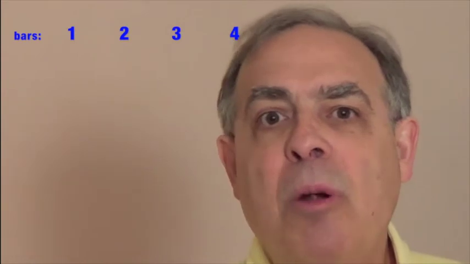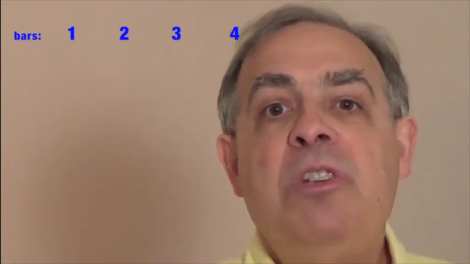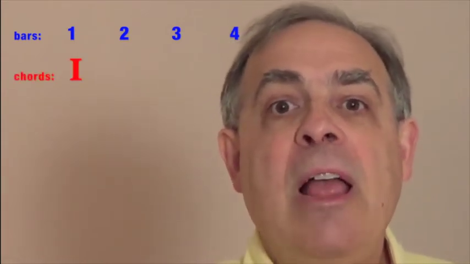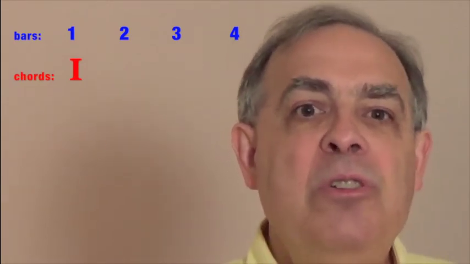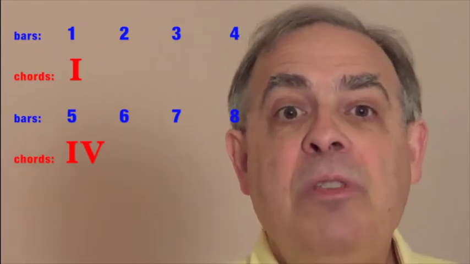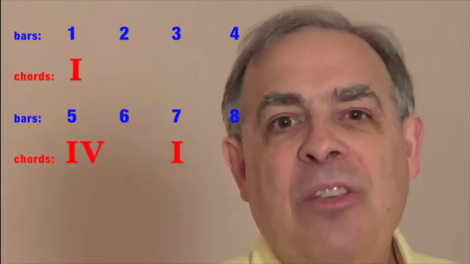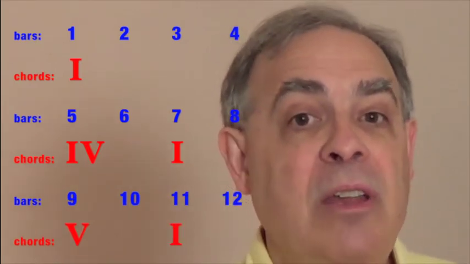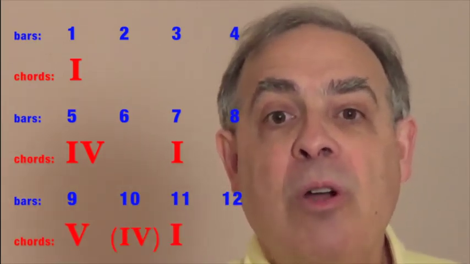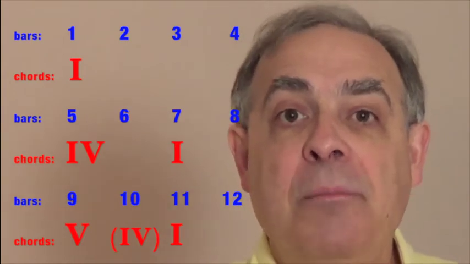In addition to the melody, the 12-bar blues has a very consistent harmonic and phrase rhythm plan, like this. The first phrase contains 4 bars of the I chord, which I will represent with the Roman numeral and explain in a moment. The second phrase follows 2 bars of the IV chord with 2 of the I chord, and the third phrase moves from the V chord back to I in bar 11, often through a passing IV chord that would appear in bar 10.